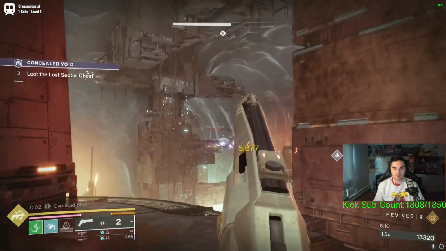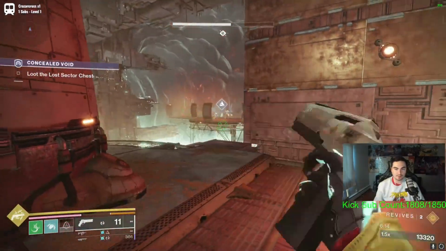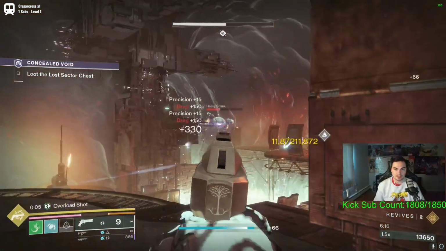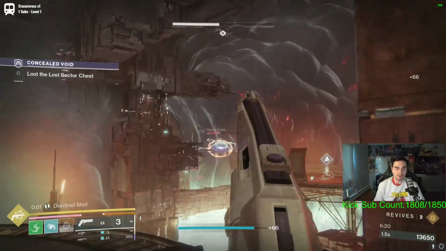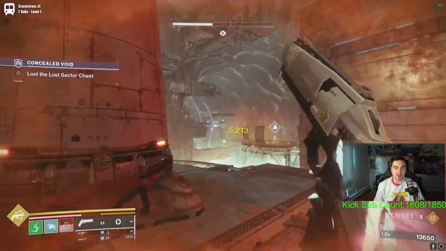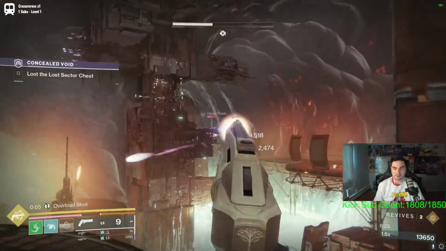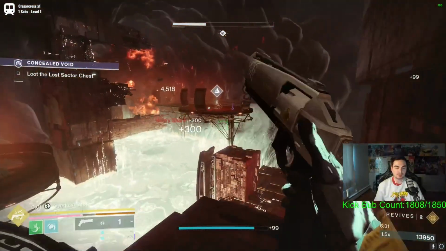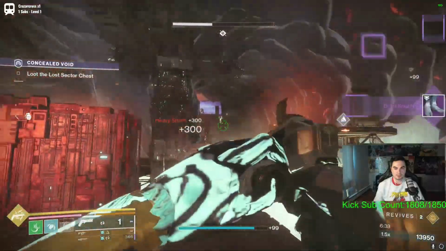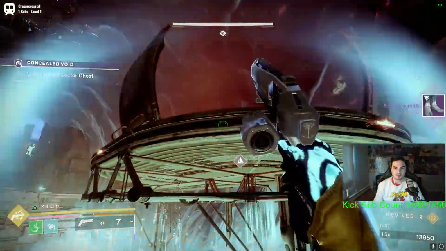Almost dead. He's halfway dead. Now, dumb players would see him finishable and run at him and try to hit the finisher. Smart players like me are going to stay back because we know this is an expert level lost sector here, so if we even try to do that, we're good as dead. So we take him out and we're going to have this Vandal